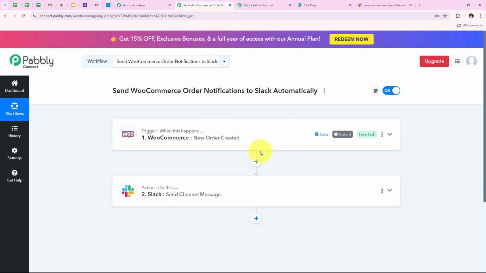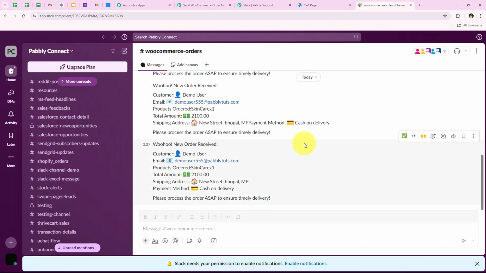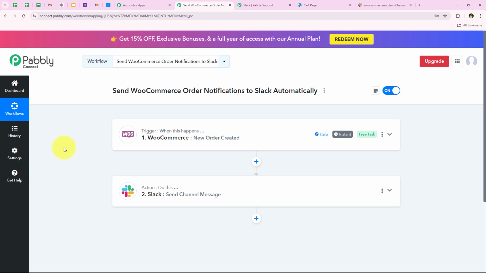So I'm going to open my Slack and check for the message received, and yes, you can see that we have received a new message which says woohoo, new order received. You can see the customer detail, the email. Over here you can see the products detail. Over here you can see the total amount, the shipping address, and the payment method. So yes, with this we have successfully completed our workflow, but I'll just test this workflow once, and this time